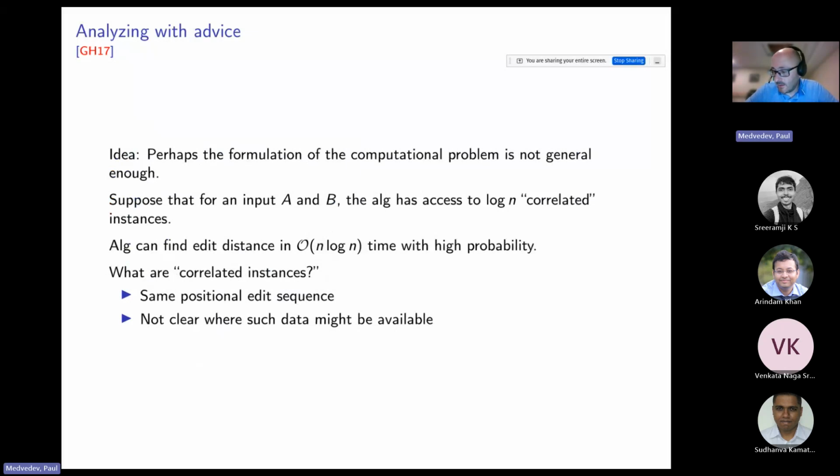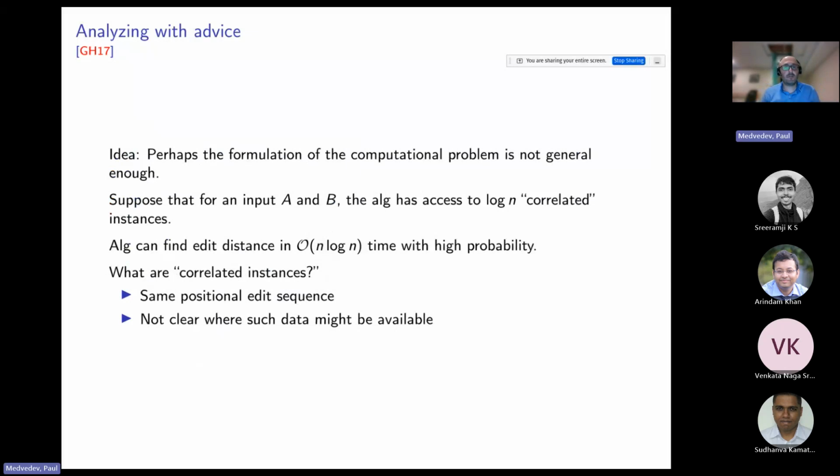Another idea, it's a little bit outside of the box, is the following. They say, look, when you formulated your problem as edit distance, it was some kind of approximation of what you really want to know, right? You formulated this problem so you can solve it, but if you go back, you could maybe pull out some other information that's useful. And you can feed that kind of advice into the algorithm. And that's been applied here.